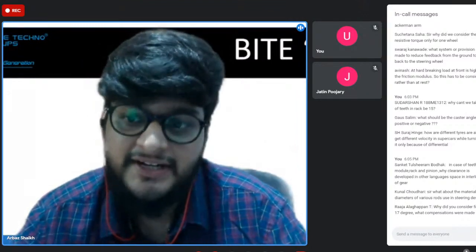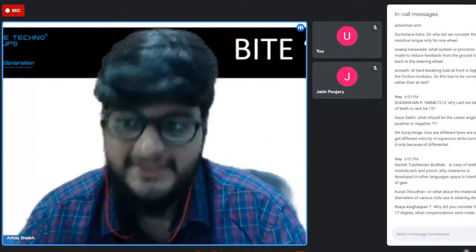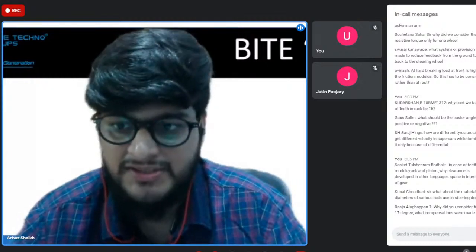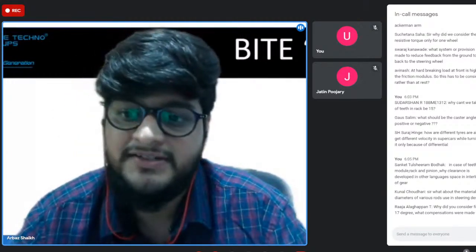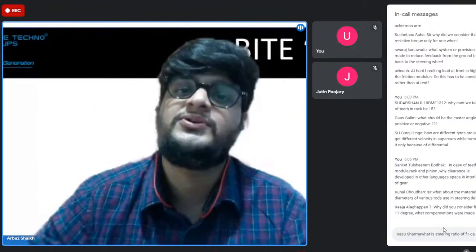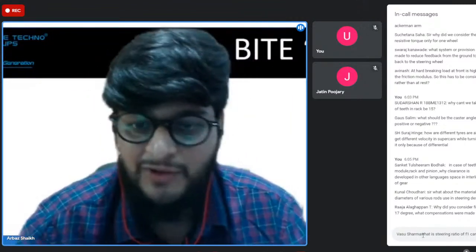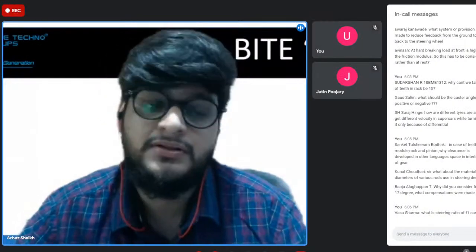Okay, Avinash is asking: at high braking, the load at the front is high, so the coefficient of friction should be considered rather than the, okay. So what Avinash is saying is that when you apply the brake, there's more load on the front and therefore the coefficient of